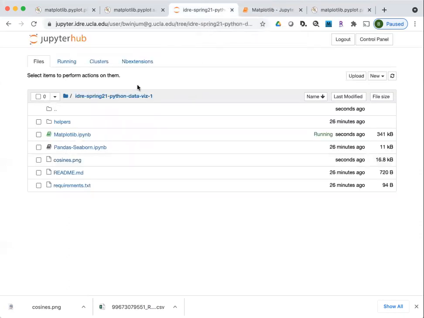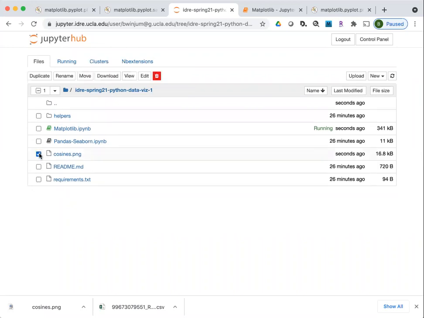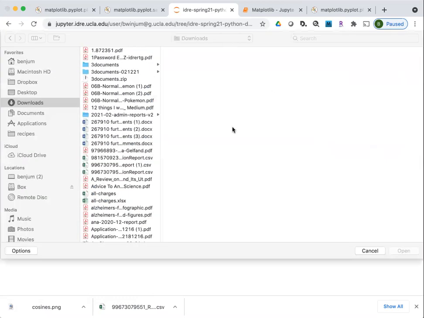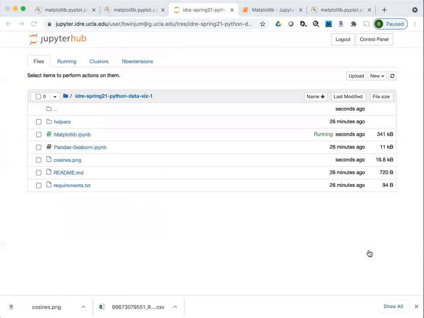And just to orient you, if you ever want to download or upload files to the Jupyter Hub environment, you can click on this little red box icon next to file names. That will give you an option to download it. As long as it's not a running notebook, you can download it. You can't download folders, like this is a folder, but you can download individual files. If you want to upload anything to interact with other data that you have, you can come over here to the upload button in the upper right. And when you click on that, it will open up a prompt to select what file you want to upload.